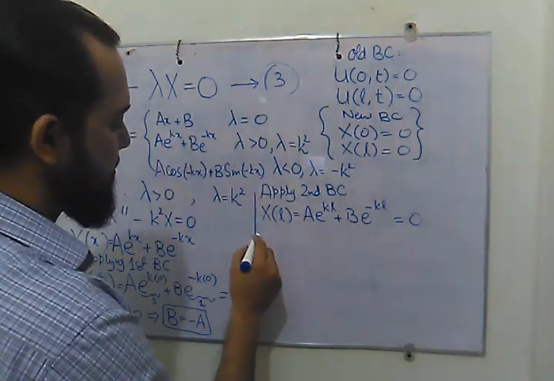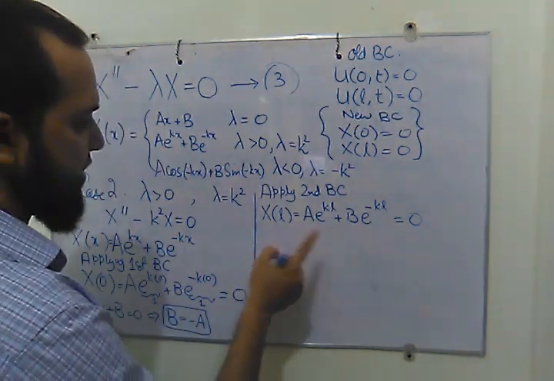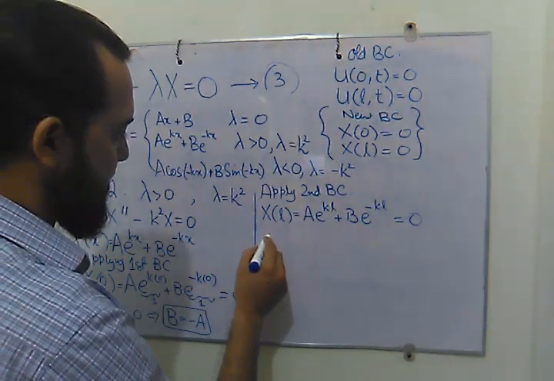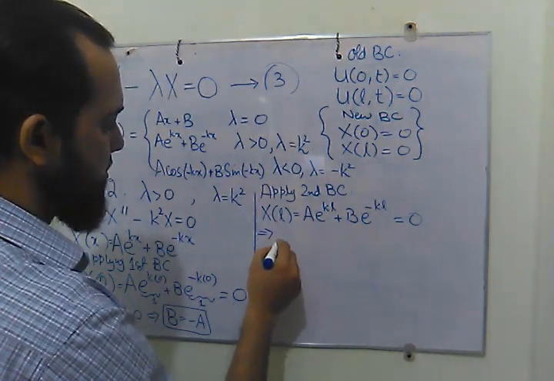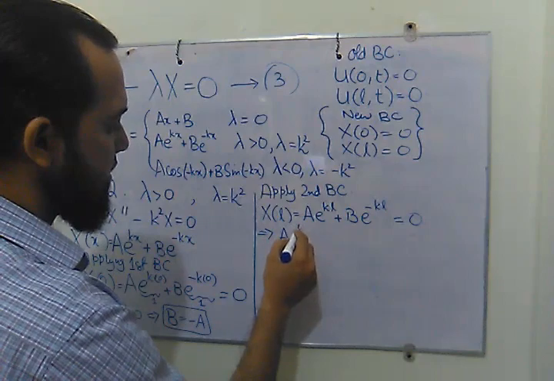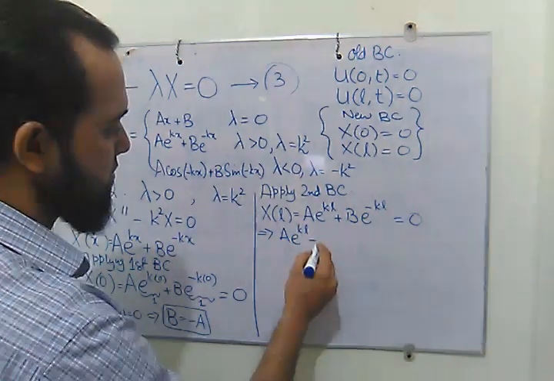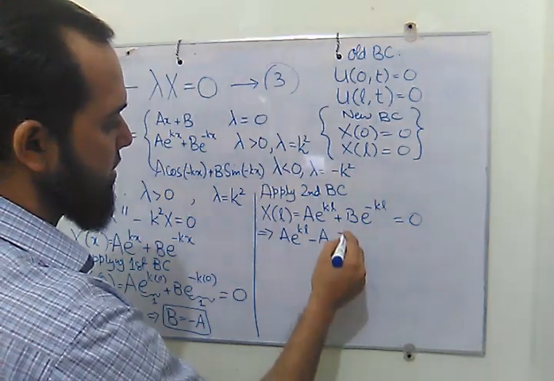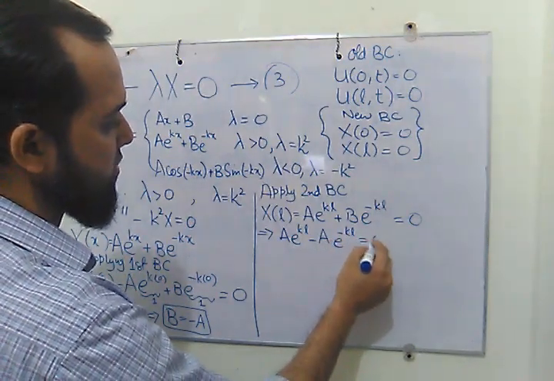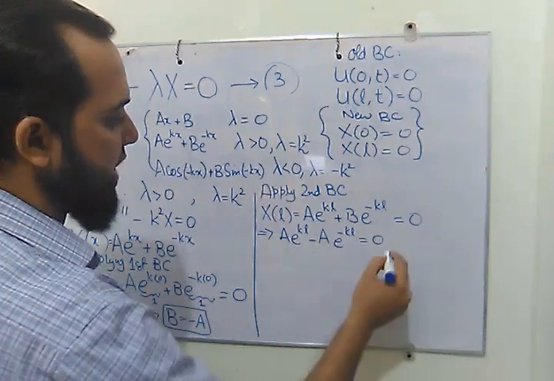Here we have b equal to minus a, so we can replace b with minus a. Then we see that a e^(kL) minus a e^(-kL) is equal to 0, which we can write as